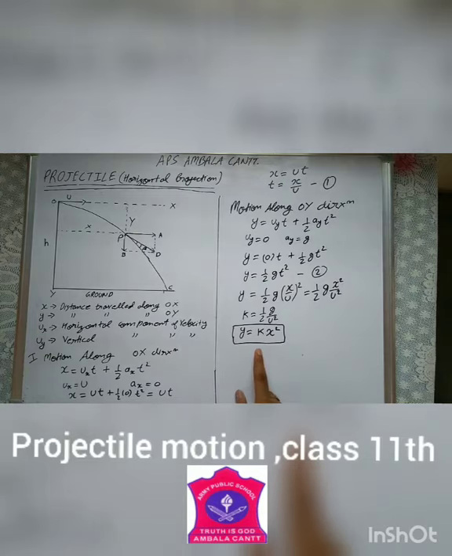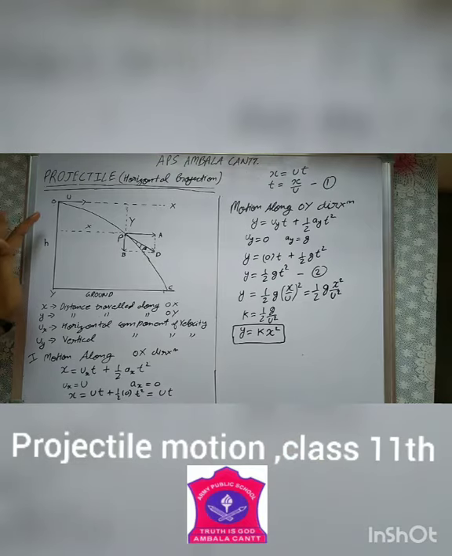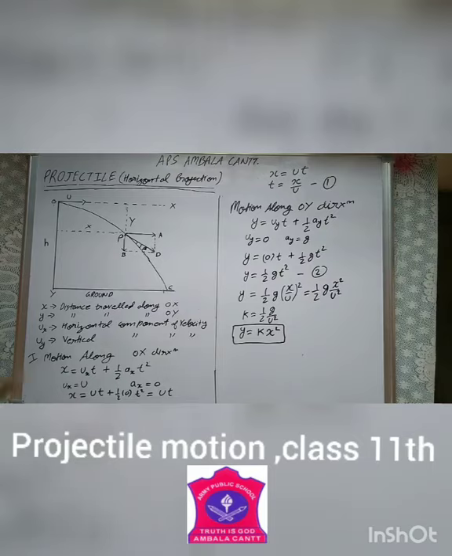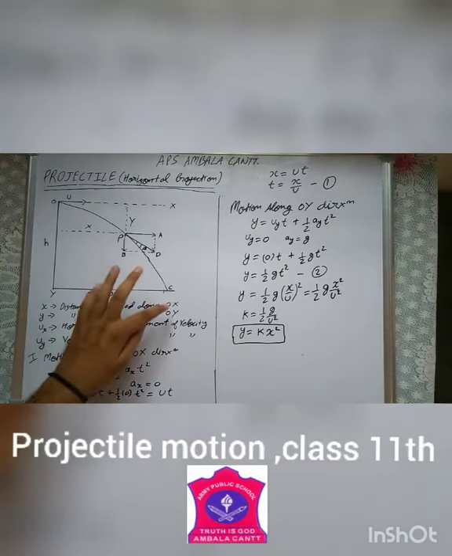Now this equation is similar to the equation of a parabola. So here it is proved that the projectile will follow a parabolic path if it is given horizontal projection. So the path followed by the object from O to C is parabolic.